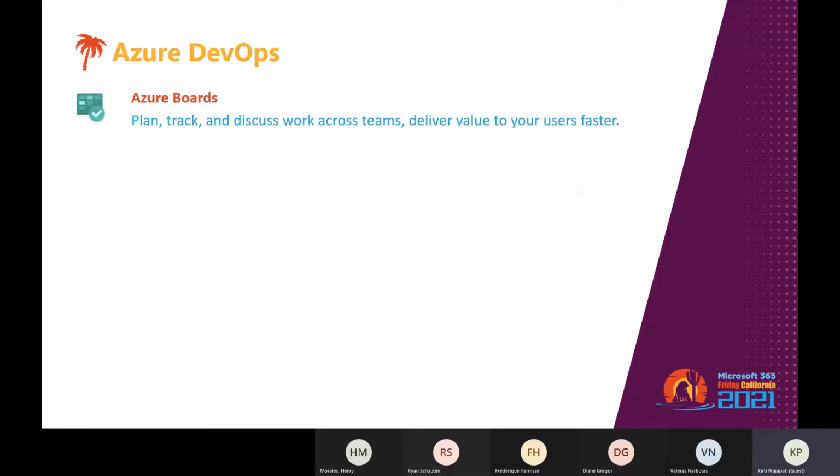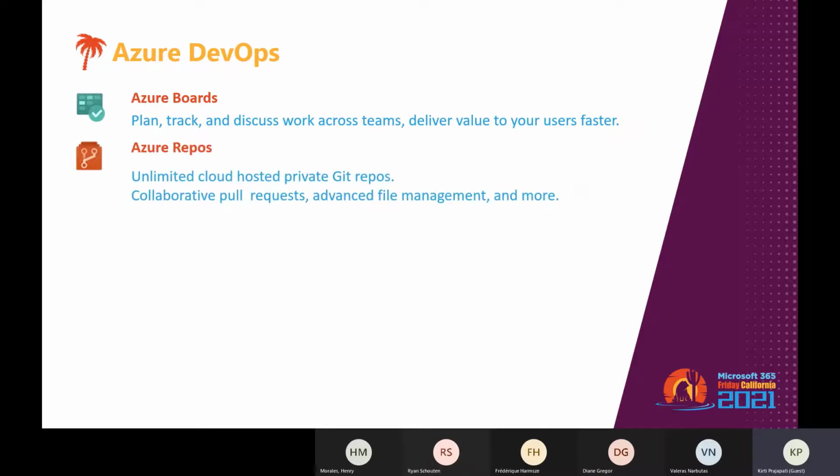If you go with Azure Boards, then Azure Boards is your ultimate built-in agile project planning and management tool, and it has all the functionality you would expect to find in a standalone piece of software, with the ability to link work items and tasks with your pipelines. So you can use Azure Boards to achieve that. And then we have Azure Repos. This will provide you unlimited Git repositories. You can create a project in Azure DevOps and create as many repositories as you need and collaborate with your team members to build code with pull requests and advanced file management.